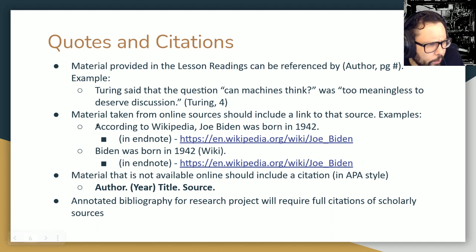Notice, just real quick before I move on here, that in both of these quotes taken, in both of this material taken from Wikipedia, it is properly cited. My policy is that these are complete citations, but nothing was quoted. So this is not a quote from Wikipedia. This is not quoting in double quotes some sentence that was taken from Wikipedia. Maybe I didn't read it that closely, but I don't think the sentence is actually said in Wikipedia, but the information is there. It has Joe Biden's birth date, it has how old he is, and so I can take that information even though I'm not quoting it. But I am using information that I got from this source, and so I'm citing that source here.